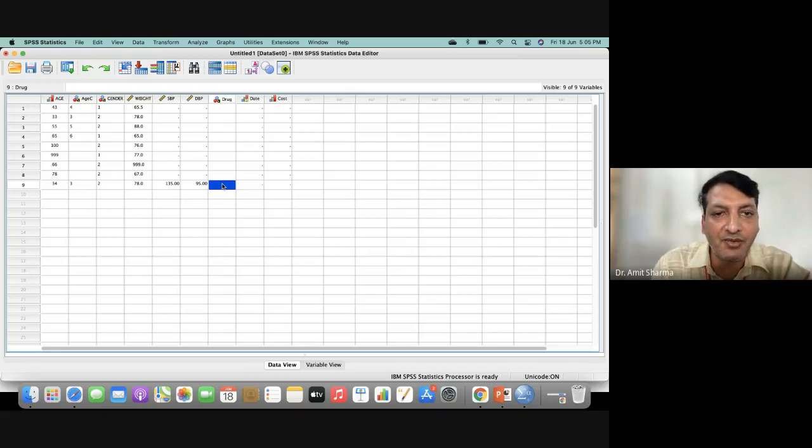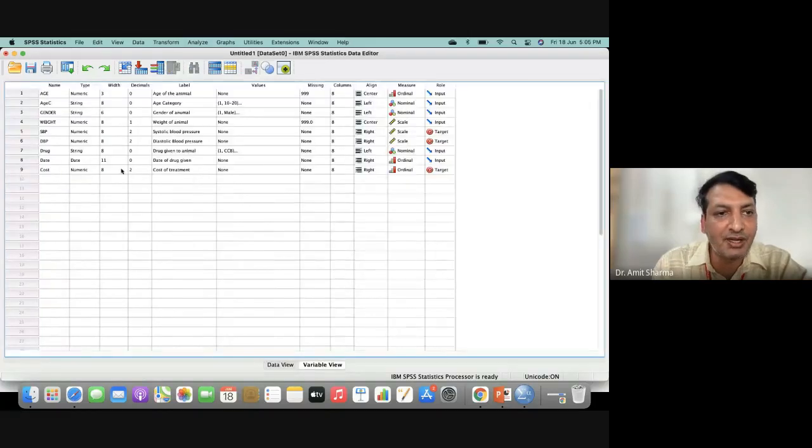Now which drug has been given? We have done the coding of 4 drugs. So for example, code number 3 has been given, so I'll write 3. I'll skip like this only. So on date, when the drug was given, we can write the date directly. For example, today's date, 18-06-2021. See, it has not been entered because we have to choose what will be